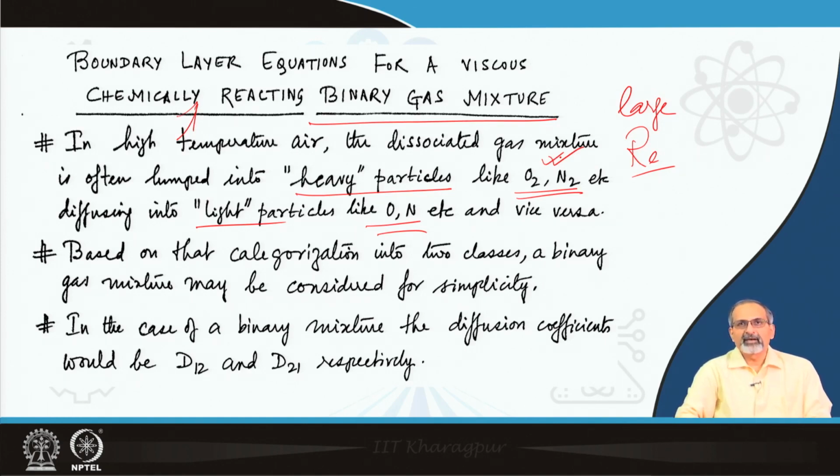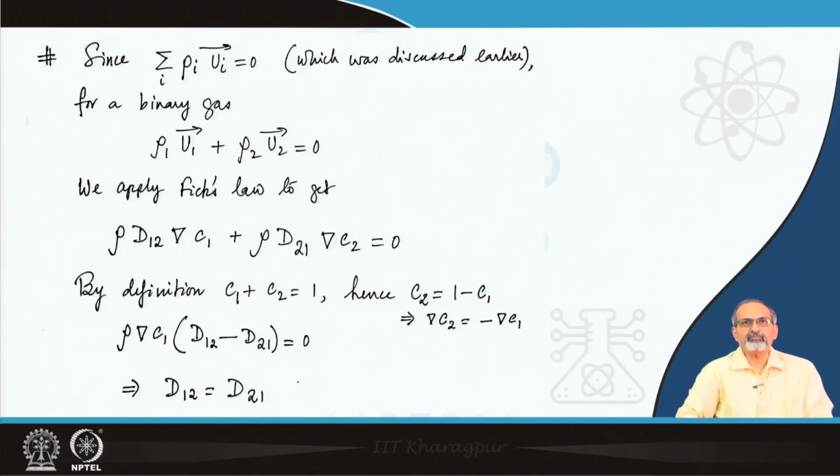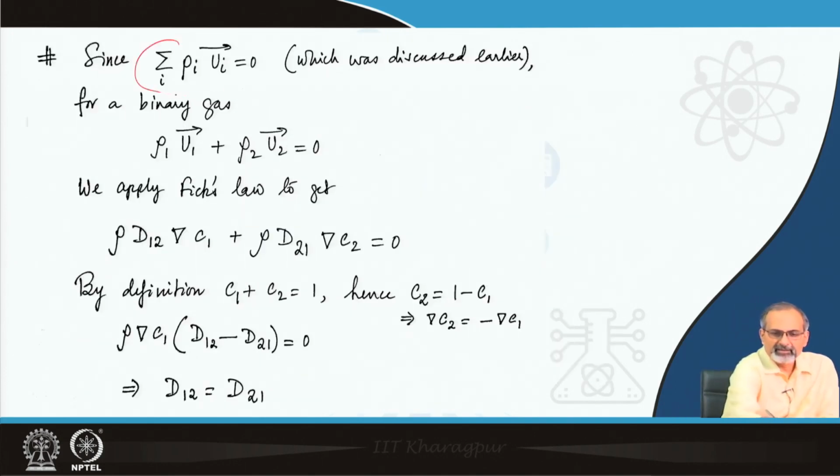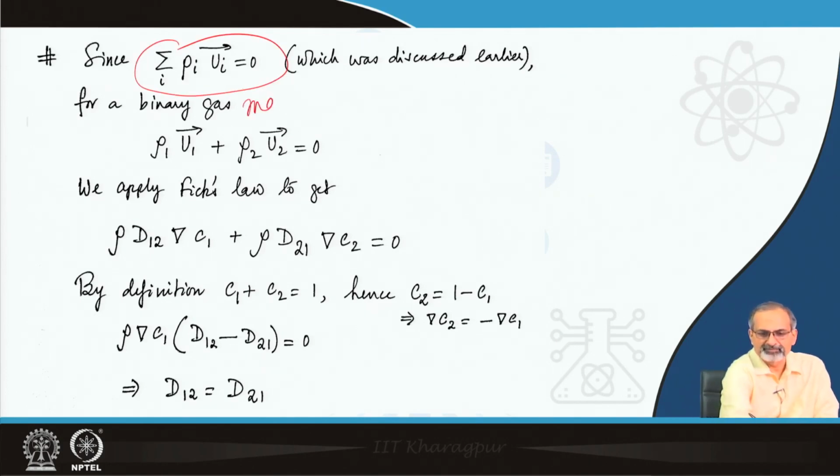Based on that categorization into two classes, a binary gas mixture may be considered for simplicity, and in the case of a binary mixture, the diffusion coefficients which will be involved are very easy to define. There are two species, so two diffusion coefficients, namely D12 and D21 respectively. Now, we already learned this relation earlier in this week. So, if you apply it to the binary gas mixture,